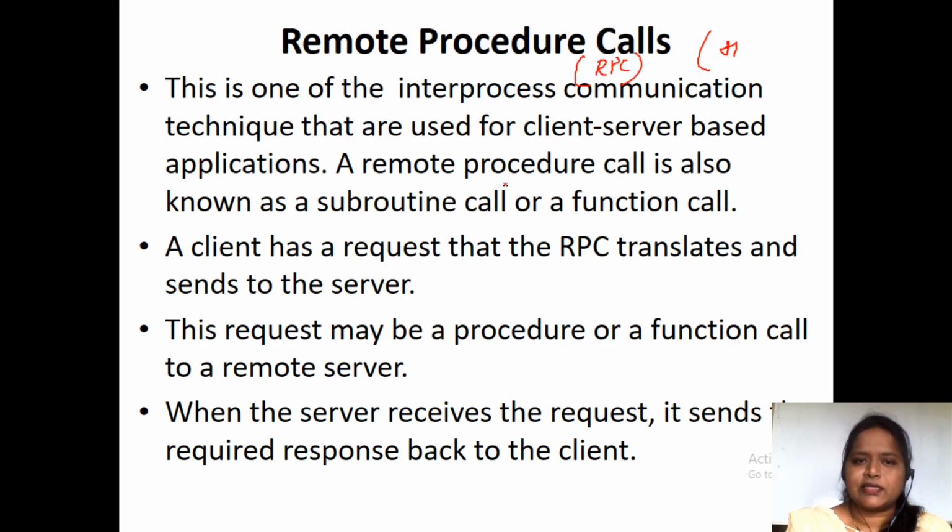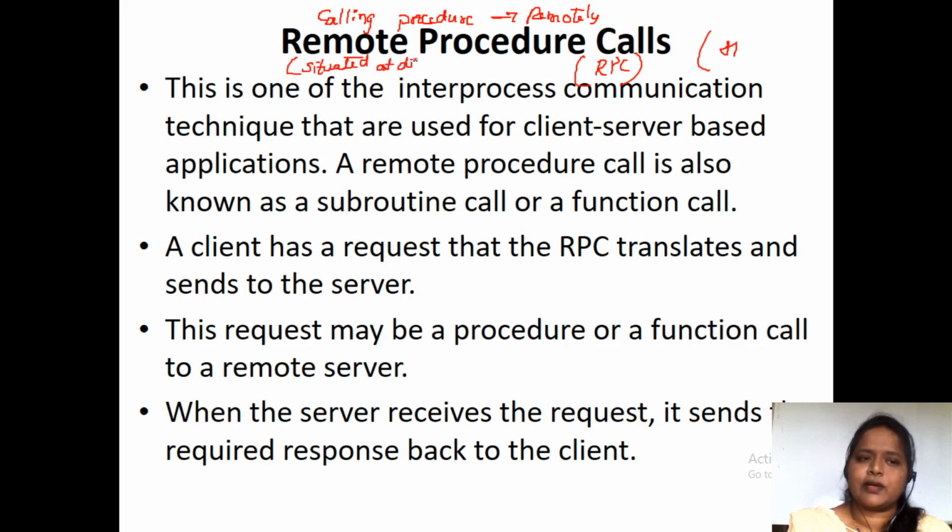As the name itself indicates, RPC is nothing but a remote procedure call, that is, calling a procedure remotely. Calling a procedure remotely means calling a procedure which is situated at a different place.